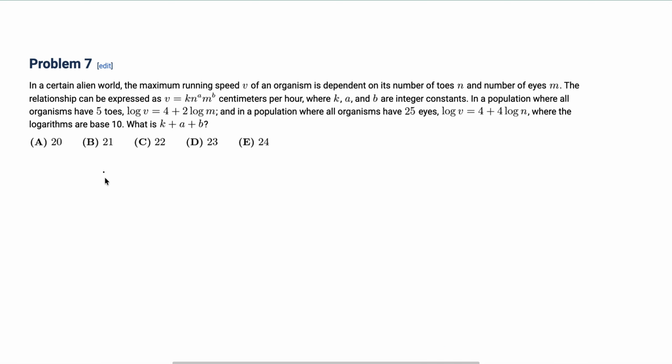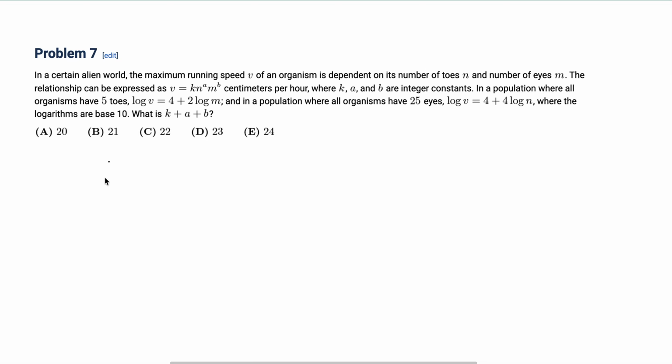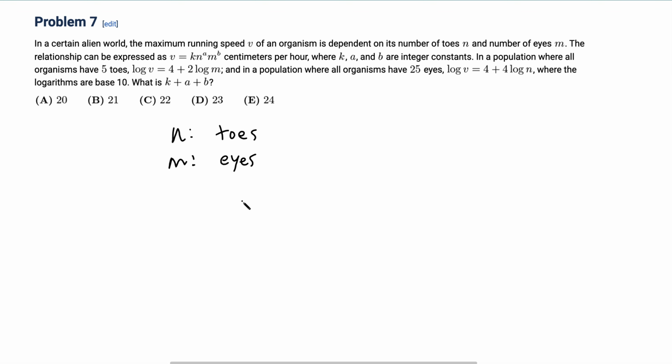In a certain alien world, the maximum running speed v of an organism is dependent on its number of toes. Just to make it more clear, n is toes and m is number of eyes. And the relationship is v. What is v? V is the max speed, right? And the relationship between all of this is v is equal to k times n to the a times m